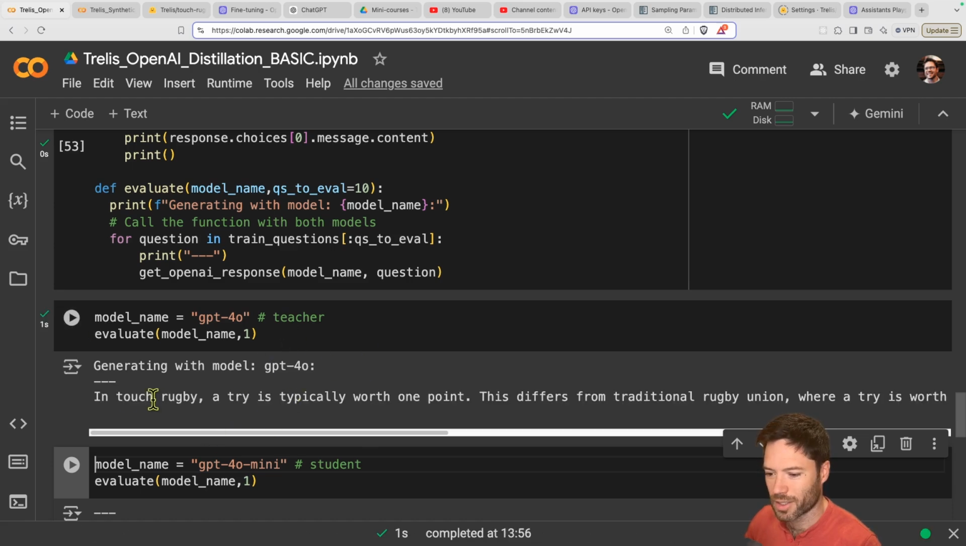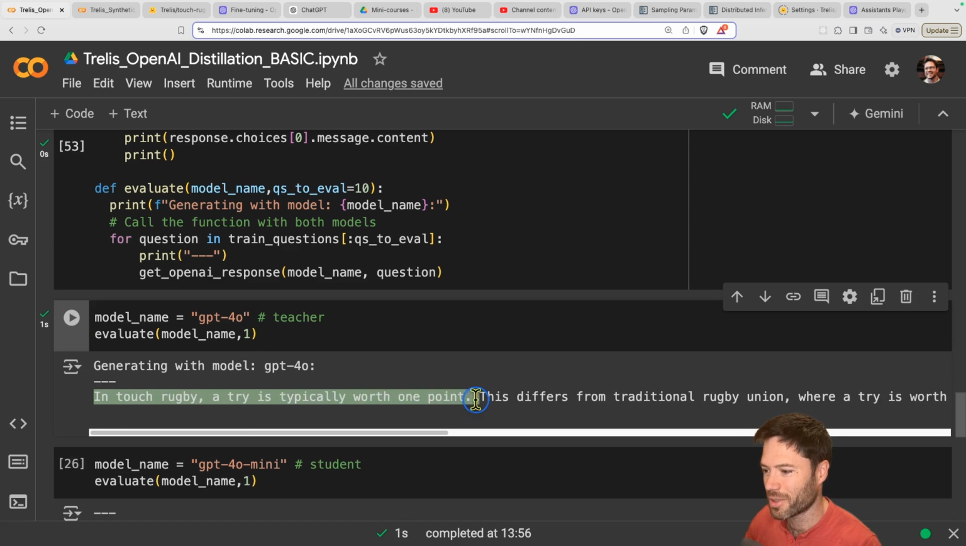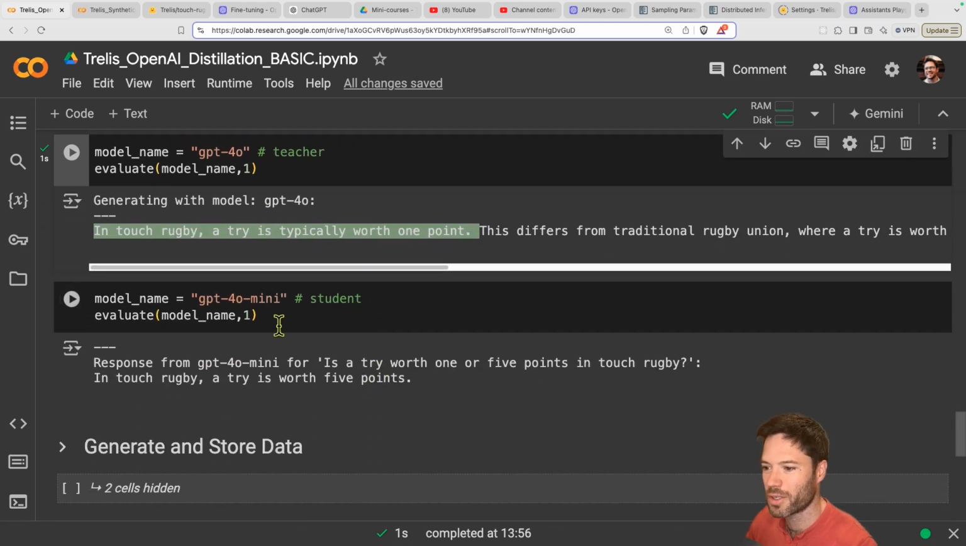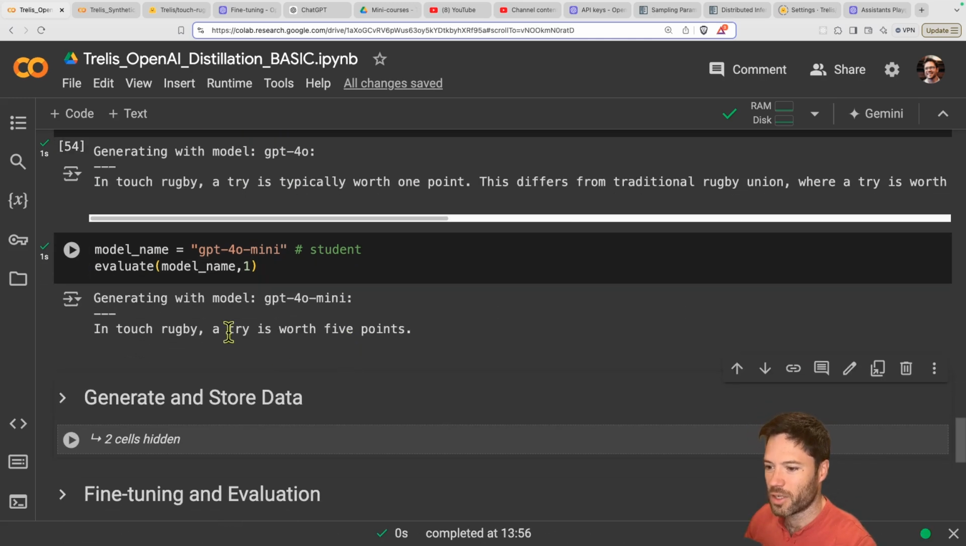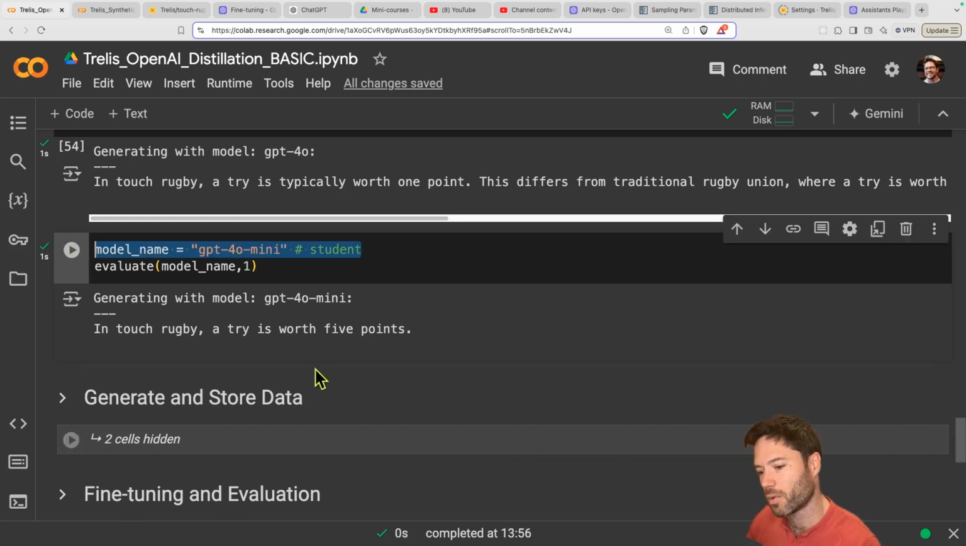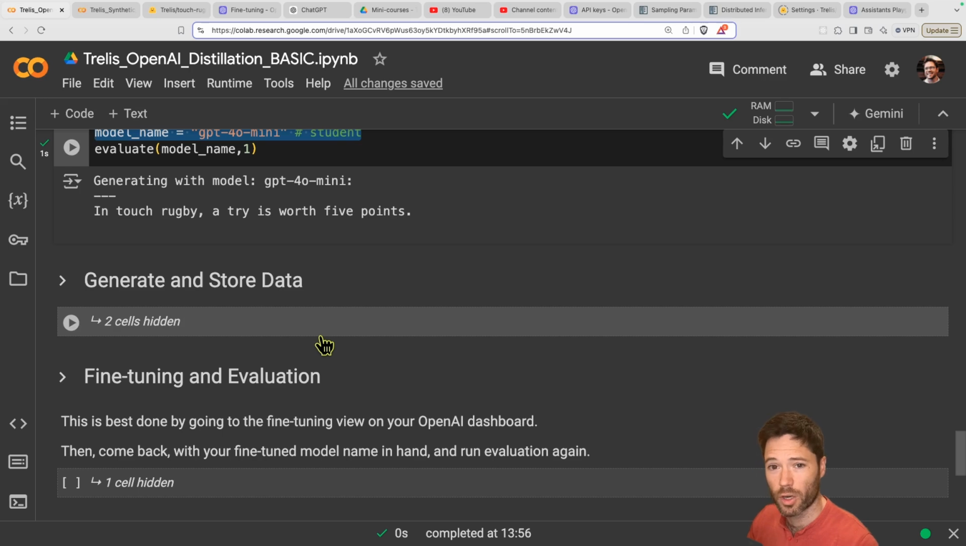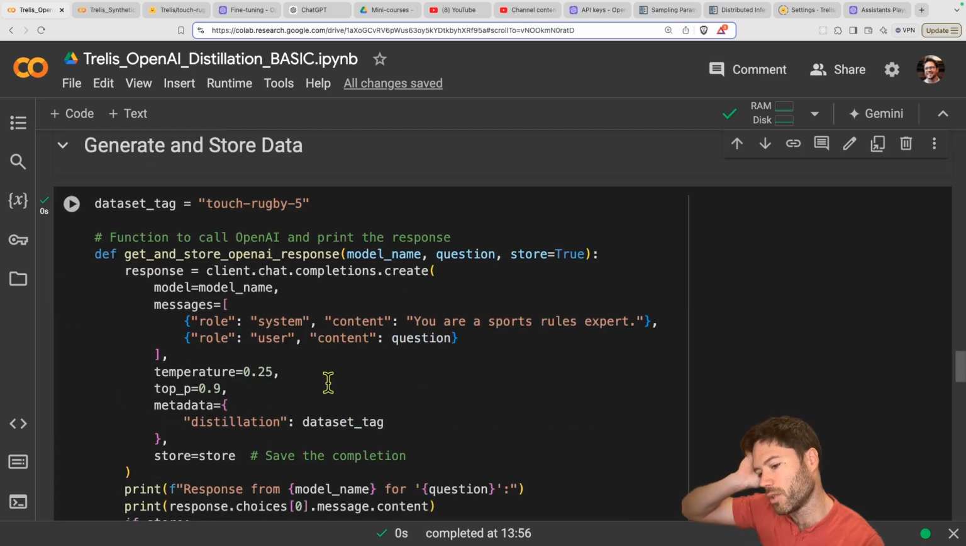And turns out in this case, GPT-4o is good at touch rugby because it thinks a try is worth 1 point. Whereas if we look at the student model, it thinks a try is worth 5 points. So you can see the student model here is weaker on this set of questions. So our goal is now to see if we can train the student model to be as good as the teacher model. One way we can do it is by